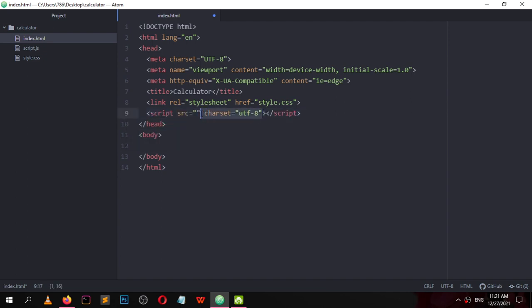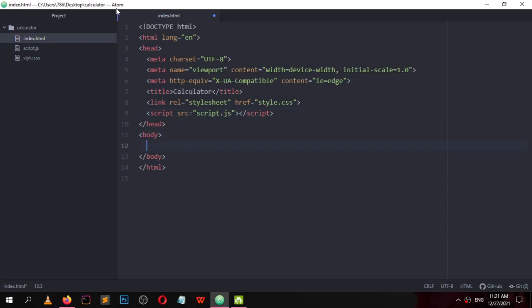We don't need this attribute, so remove it. The script src is script.js. Save. Right now we don't have anything, just the title is changed to calculator.